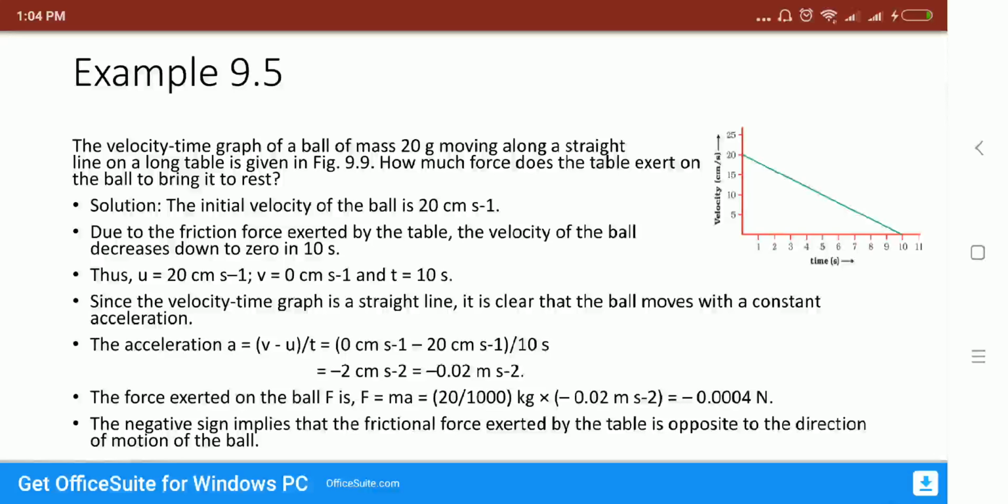By this graphical representation, we can say that initial velocity is 20 centimeter per second. That is in centimeter per second, as the graphical representation shows. Ball mass is given as 20 gram. Now due to the friction,